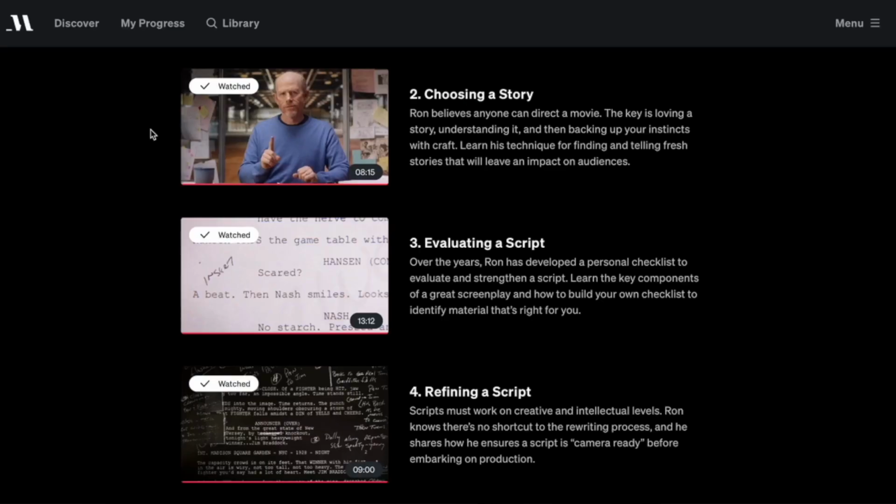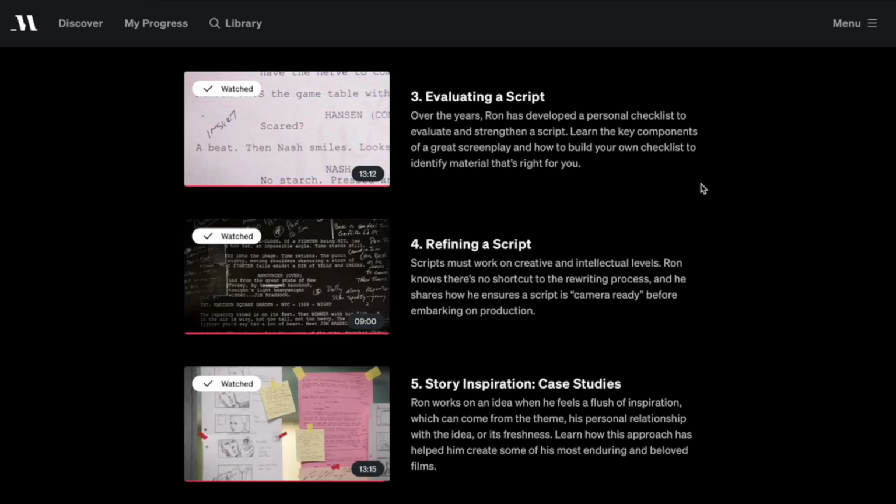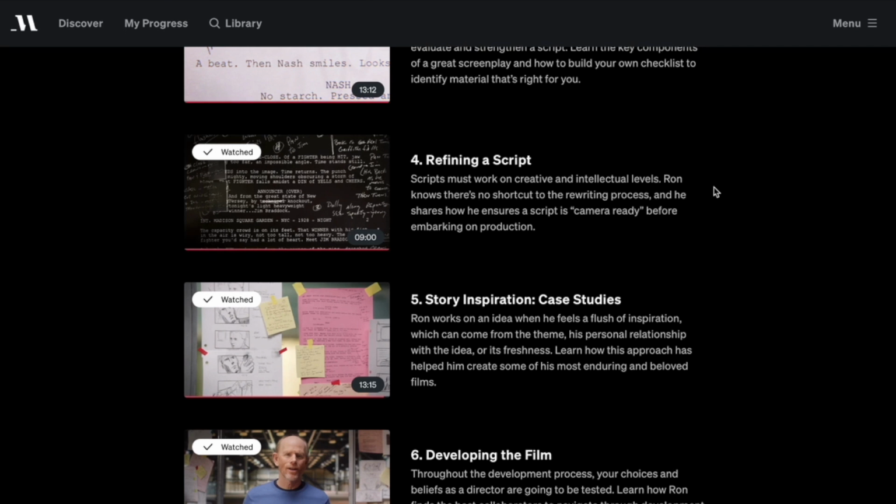Like in many masterclasses that are about filmmaking, they first always talk about story. It's really the key element if you want to create a good movie, is having a good and interesting story. What I like here, he then went into script writing, first evaluating it, looking at what can be done with it, and here refining a script, getting a bit more into detail and making sure that everything is ready for the day of shooting.